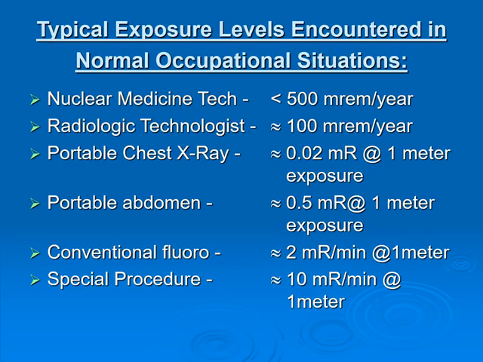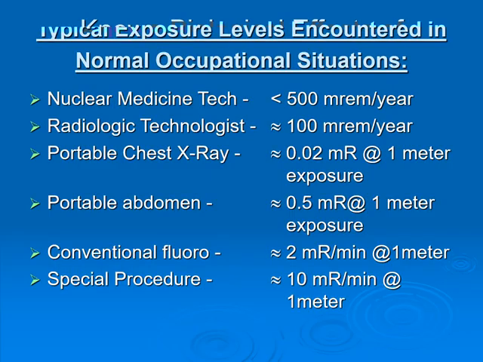A radiology tech, 100 millirem per year. Portable chest x-ray puts out approximately 0.02 milliroentgen at 1 meter. A portable abdomen would expect to see 0.5 milliroentgen at 1 meter. Conventional fluoro procedure, around 2 milliroentgen per minute at 1 meter, and special procedures, approximately 10 milliroentgen per minute at